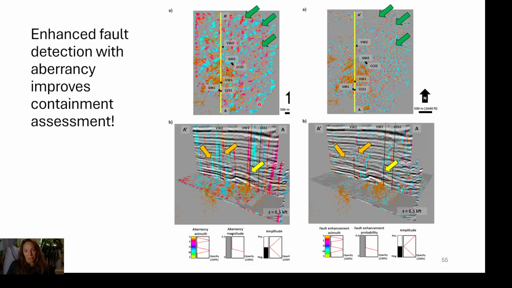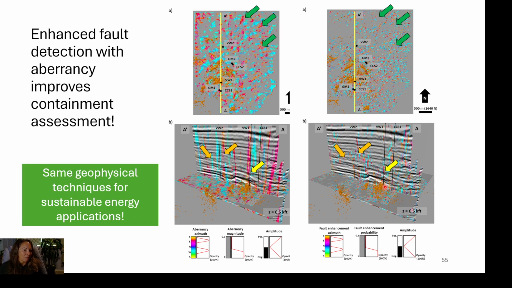So in west, they're the green colors, and you can see that aberrancy is really able to pull out some of these lineaments, which end up corresponding fairly well with the microseismic. So this attribute is used to aid in the fault enhancement. And so it's the same techniques we would use for our traditional hydrocarbon, and they're very applicable